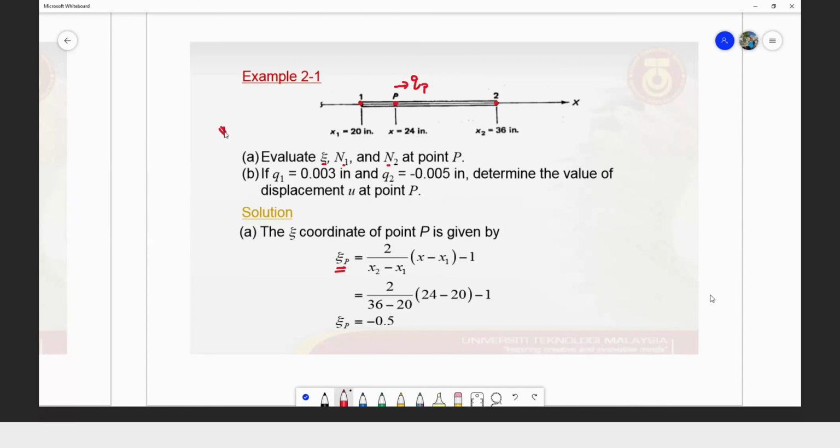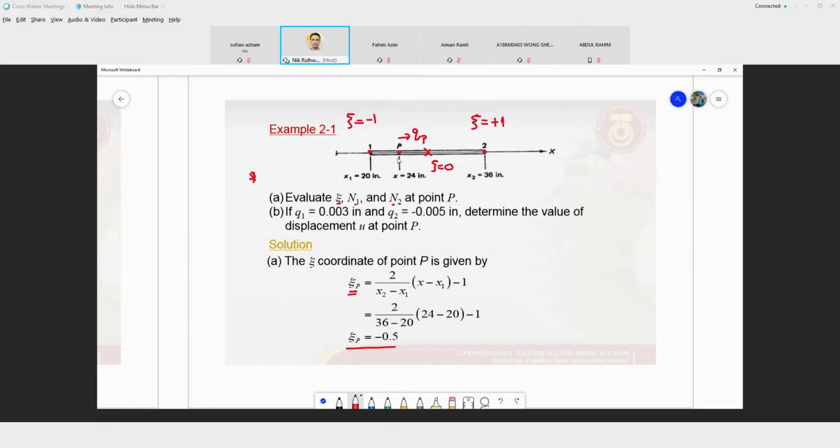Tapi as we can see here, refers to under this loading. From there kita dapati under this loading, z pada point P which is negative 0.5. Jadi kita dah tahu kan this bar ni z dia akan dia punya on the left hand side of element is negative 1 biasanya, and kita tunjukkan on the right hand side of kita punya element it will be always positive 1. So kalau kita ambil the midpoint, so kita punya z equal to 0, and in this case at point P, it's likely this point located at the